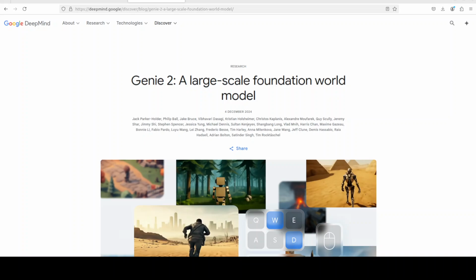Google DeepMind always come up with something really novel in a true sense. The only problem is that whatever they release, most of the things are not really available immediately to use, especially when it comes to open source. But still, I believe their products, their models are always of very good quality, and this newly released Genie 2